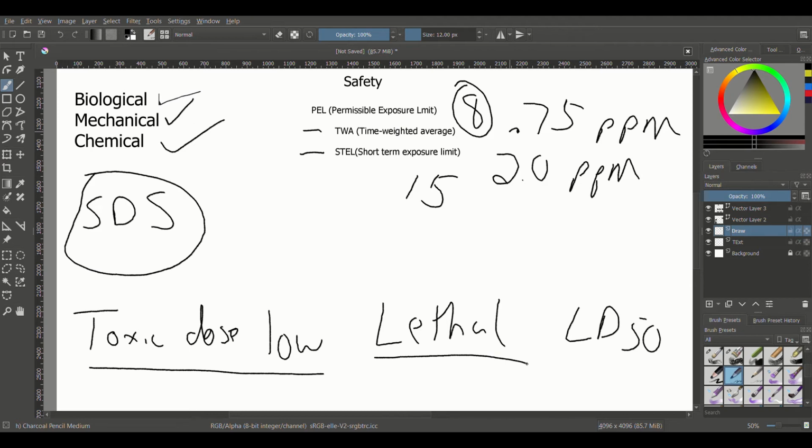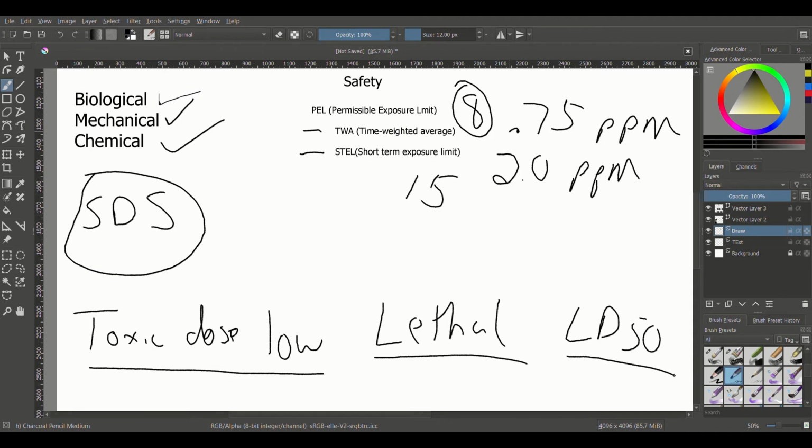sometimes rats. And you also have something called LD50. LD50 is the dose at which it is expected to kill about 50%. So that's why you have the 50 there. It's lethal dose 50, meaning that it's going to kill 50% of the tested population, typically some sort of mouse or rat. So at that level, if you tested 10 animals with that substance at that concentration, 5 of them would